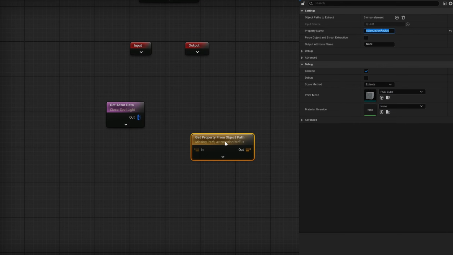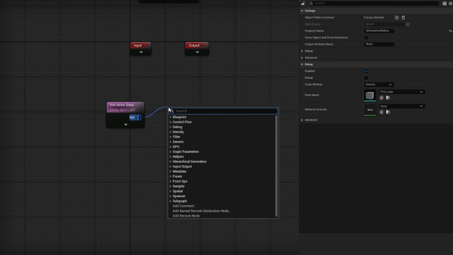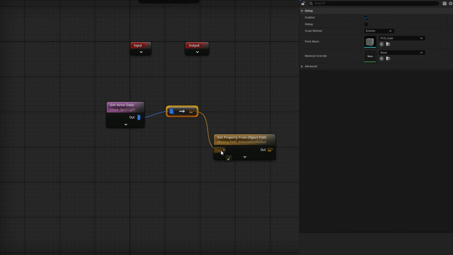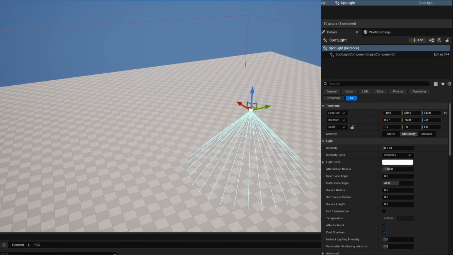Now, it says missing path, but you could take your point and plug it in here. You can do it directly. For that, you can search point to attribute set, and then you can plug this in. But you'll see it complains. It says, hey, we don't have this. This doesn't exist. Well, the thing with this light is, despite all of these variables being available here in the